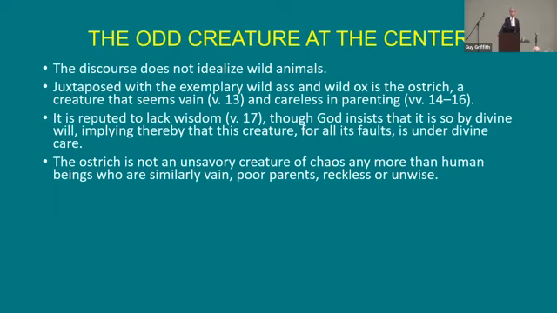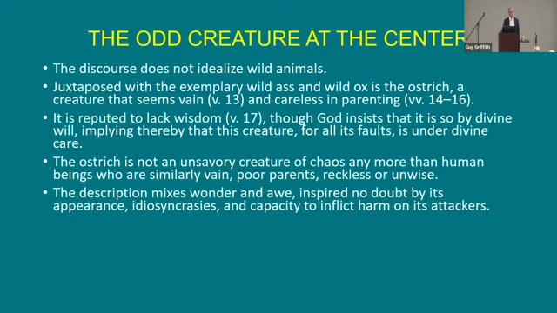I do not believe that. There's a mistranslation, I think. Okay? The ostrich is not an unsavory creature of chaos any more than human beings who are similarly vain, poor parents, reckless, or unwise. Okay. The description makes us wonder and awe. It's inspired, no doubt, by the appearance of the ostrich. It's idiosyncratic. Ostrich looks like a bird, but it doesn't fly. Right? It's got hoofs. It looks like mammals. It's got idiosyncrasies. It's got capacity to inflict harm on its attackers,